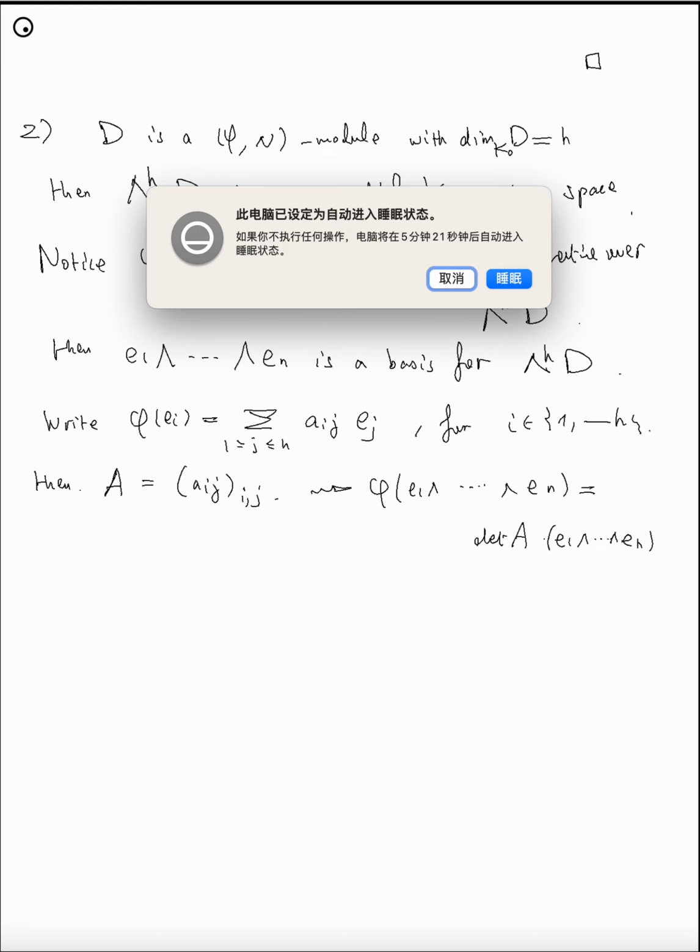The property of this wedge finally tells you that here it is just determinant of A. And therefore, by the definition of Newton number for one-dimensional Q vector space, this Tn of wedge h D, which is just by our last exercise, the valuation of determinant of A, coincides with the definition today. Okay, so